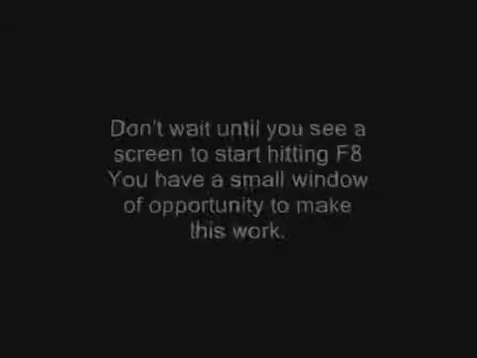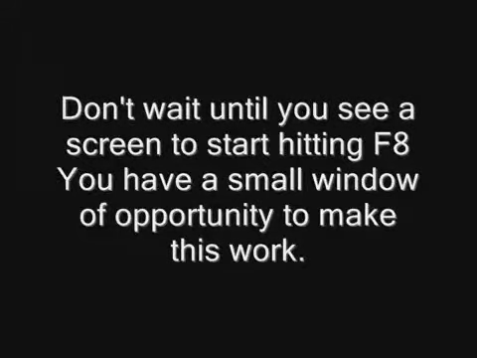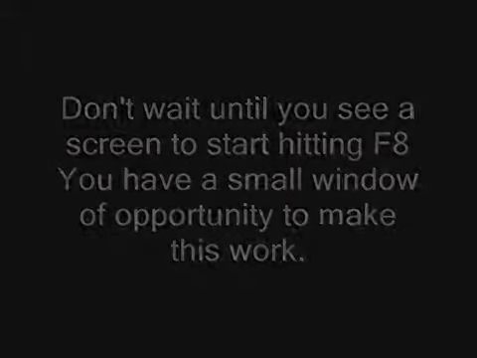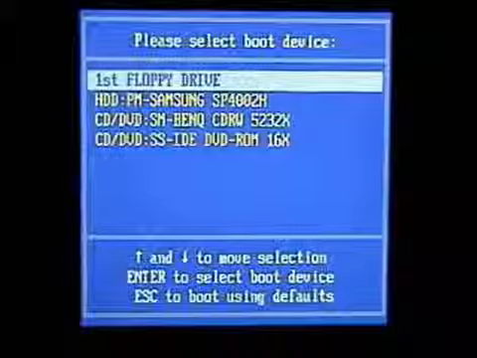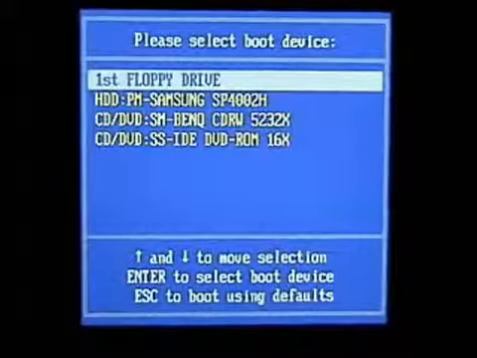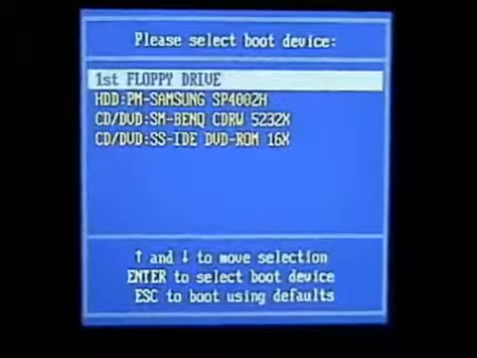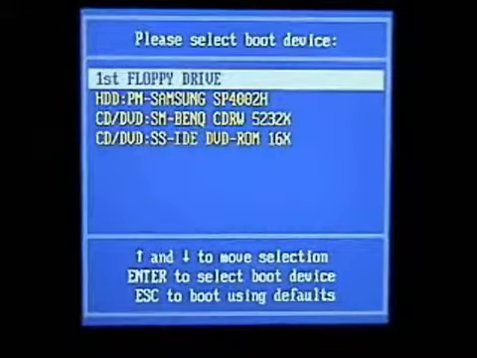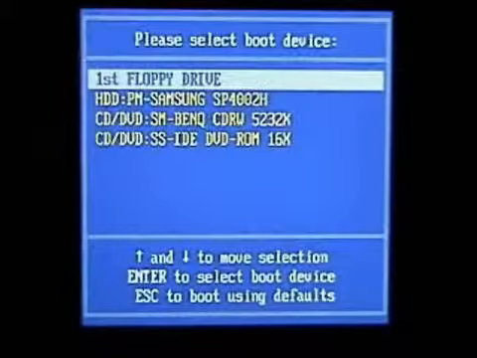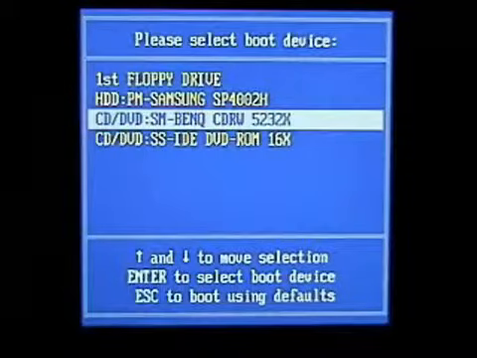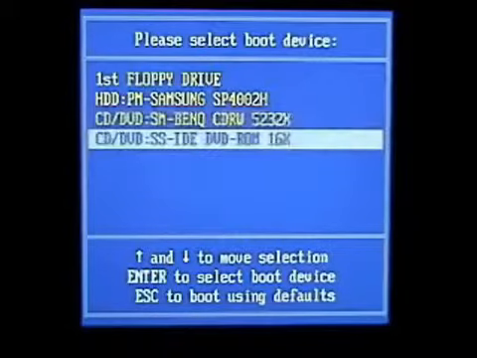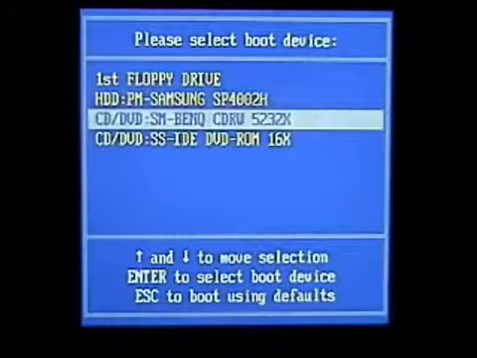So when you first turn the computer on, hit F8, and just keep hitting it like that until we get this next window up. Now some computers will bring this boot screen up, and some won't. On some computers you can hit F12 to bring up this boot screen, and from here you can select to search the floppy disk, the hard drive, or the CD-ROMs for a